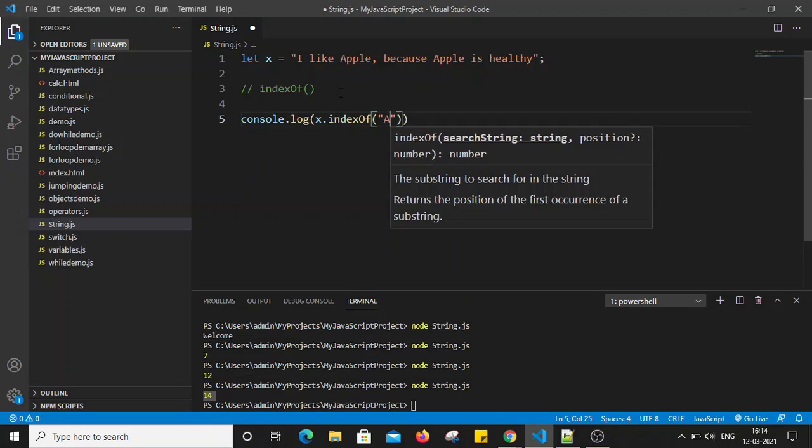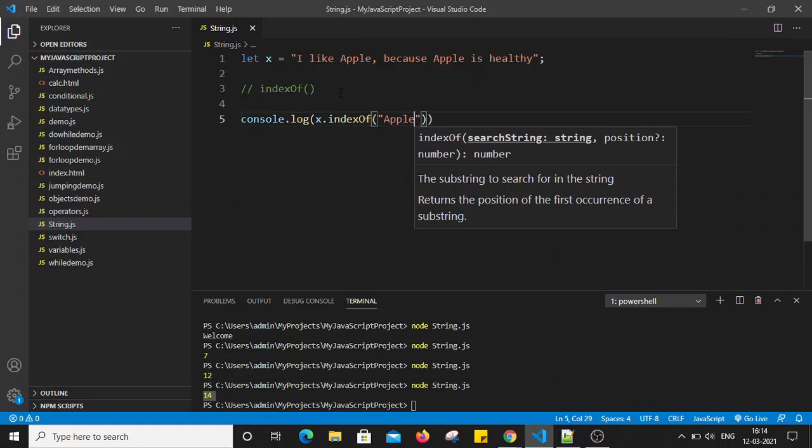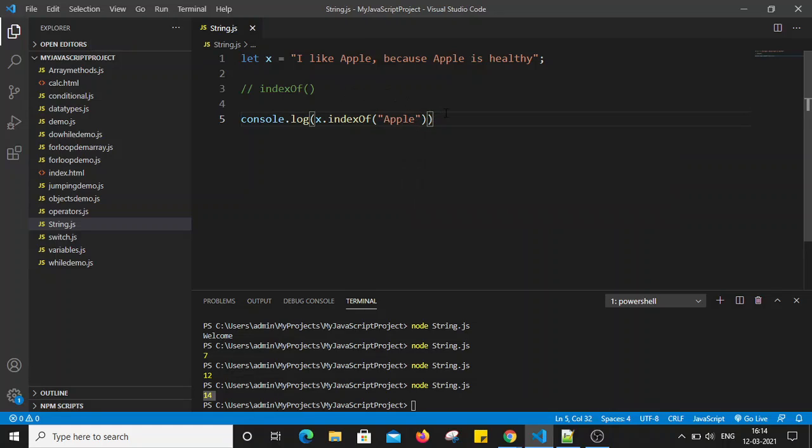So I am going to put, let's say, apple. It will return the index position of the first occurrence of that string. So what will it return? Let's calculate. This one is first, second, third, fourth, fifth, sixth, seventh, and eighth position, right? So it will return